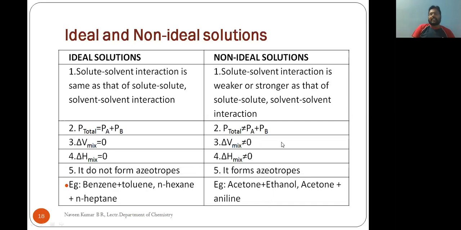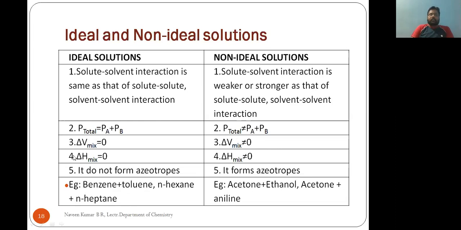If by mixing 10 ml of solute and 10 ml of solvent, the resultant volume of the solution is 19.9 ml, now V2 is lesser than V1, V2 minus V1 will be a negative value, hence delta V will be lesser than 0. So due to strong or weak attractive forces, the volume change of mixing will never be equal to 0, it will be either greater than 0 or lesser than 0 based on the deviation. That we'll discuss in the next slide.